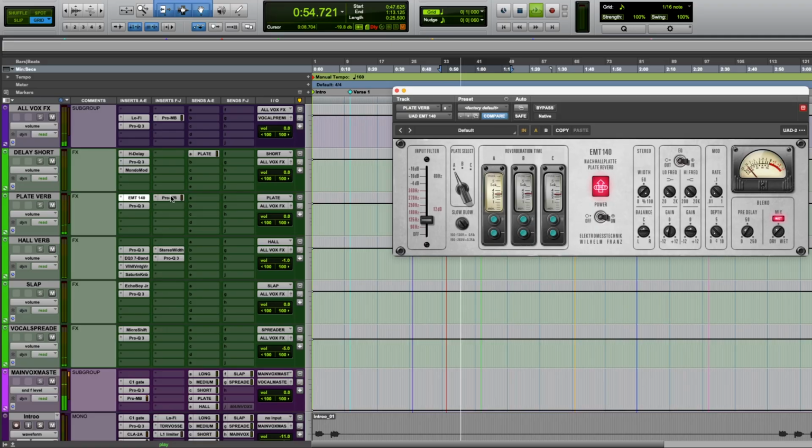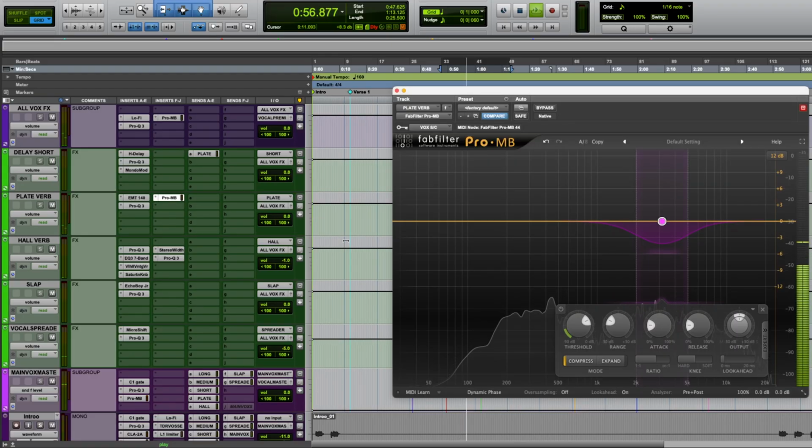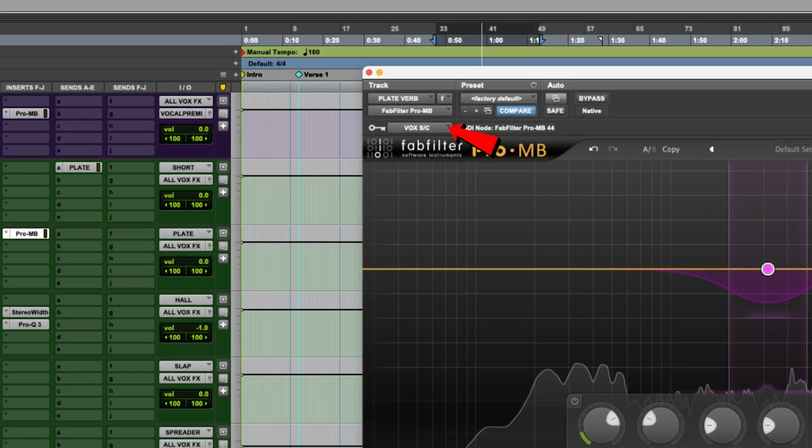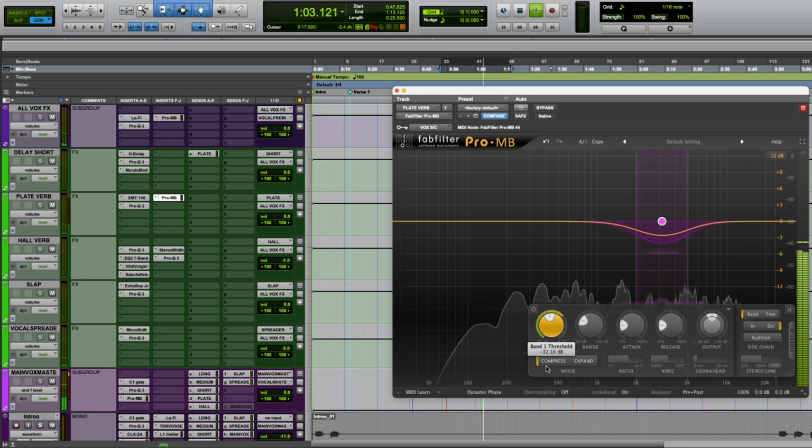I specifically like following my reverb up with multi-band sidechain compression and having my dry vocal track trigger it to prioritize it over the effect. Using a multiband compressor allows us to focus on a frequency band where the dry vocal is most dominant, typically between 2 to 5K depending on the vocalist, and reduce the presence of this band every time the dry vocal